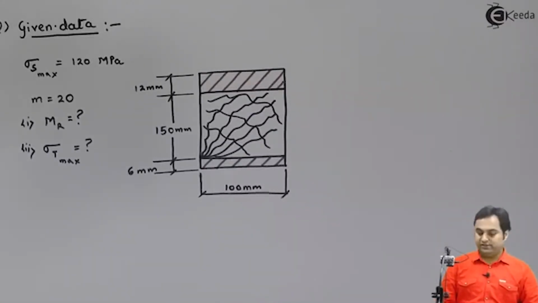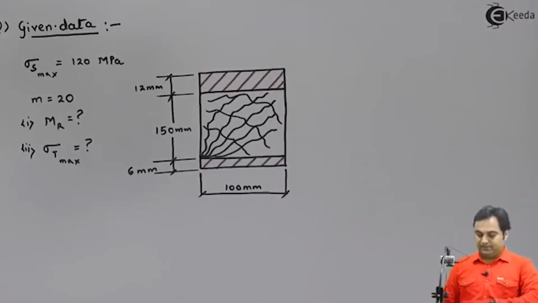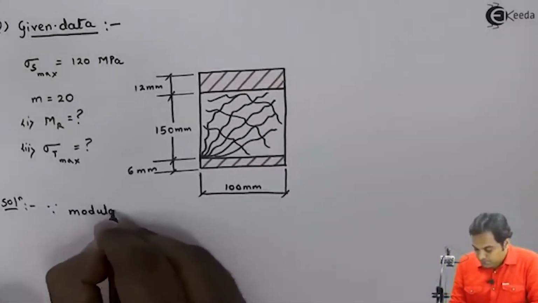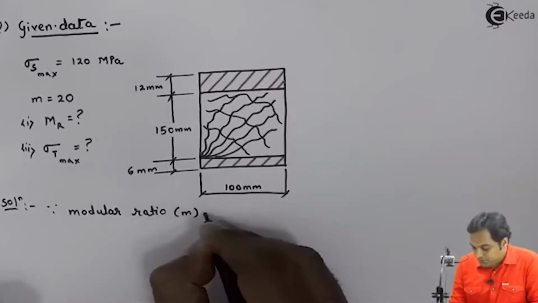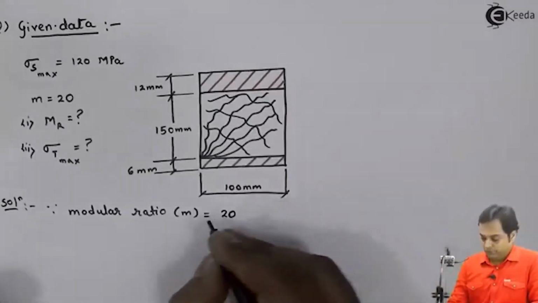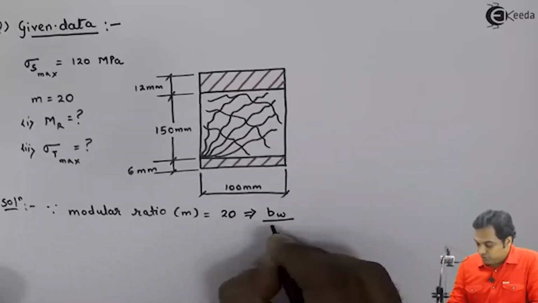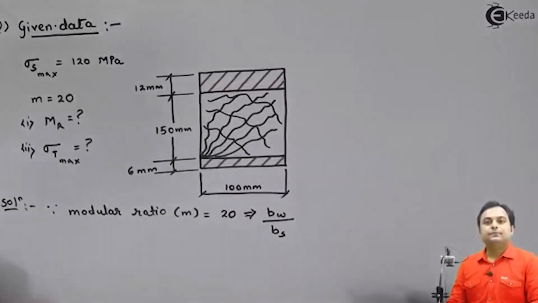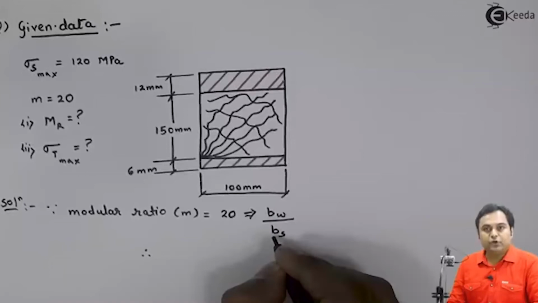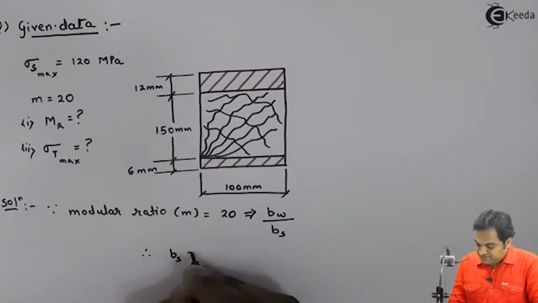Both the ways it is possible to get the solution. So what I would be doing here is converting the wooden section into the steel section. So in my solution part, first of all, I would be saying that since modular ratio small m is equal to, it is given as 20, and that modular ratio can also be written as width of wood upon width of steel. So therefore if I want to calculate how much should be the width of steel to replace this wooden section, that would be B suffix S is equal to